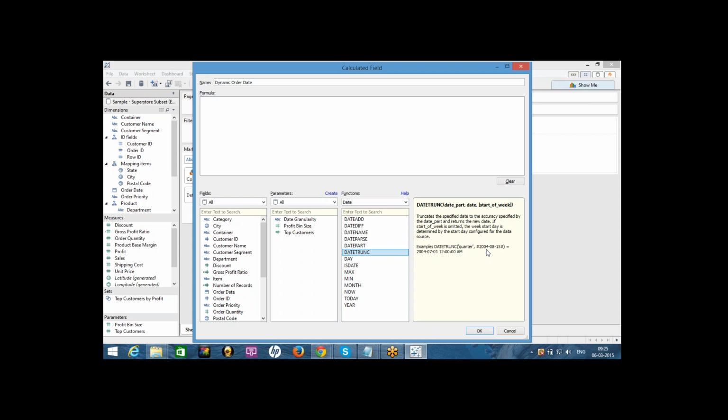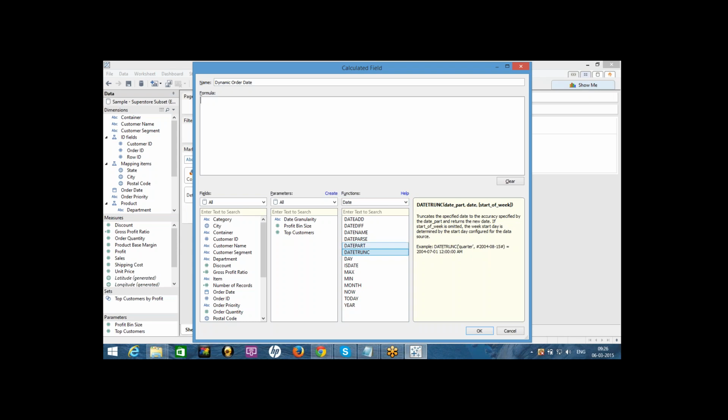The quarter always starts from July, even though here it is August, so that's the reason it ended up with July, the start of the third quarter. So the purpose of date truncate is to specify the date accuracy with a date part and return the new date. Start of week is omitted.